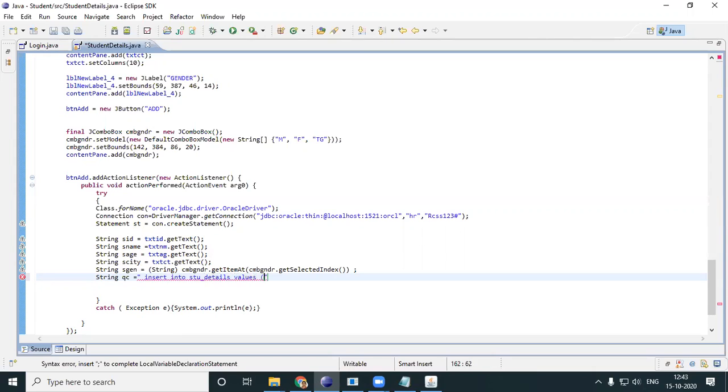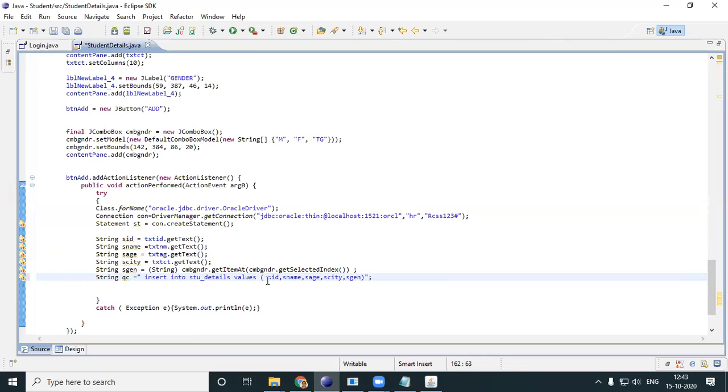Please check whether I'm going wrong in my typing. Okay. Now I have to give in all the values one by one. SID, comma, S name, comma, S age, comma, S city, comma, S gender.